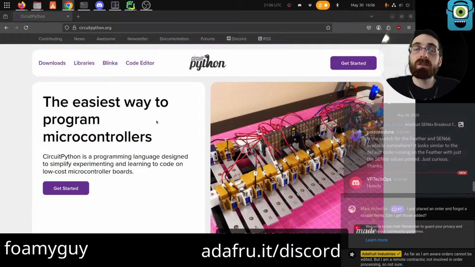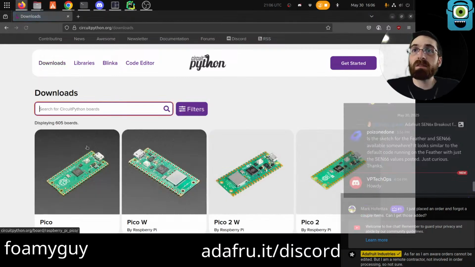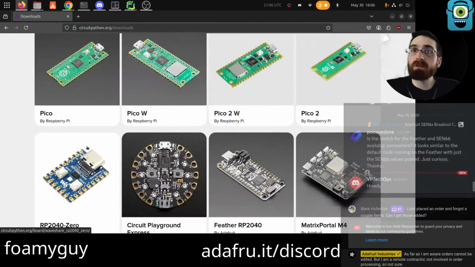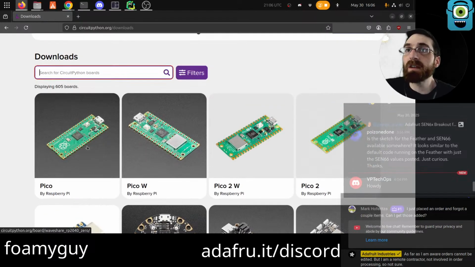If you are new and don't know what CircuitPython is, you can learn more at the main website, circuitpython.org. It is basically a version of Python that runs on tiny computers called microcontrollers. Typically, you plug these devices into your computer with a USB cable. They show up like a thumb drive. When you're using CircuitPython with them, you can edit a Python code file on that thumb drive, and when you save it, the tiny computer, the actual microcontroller inside this chip, will interpret and execute that Python code for you using the CircuitPython system.